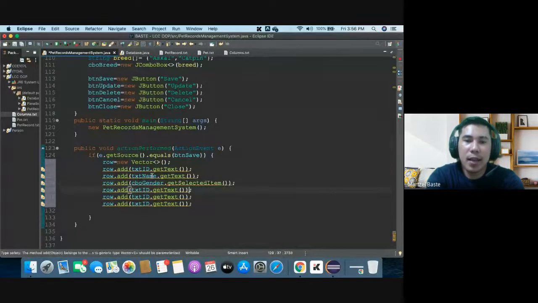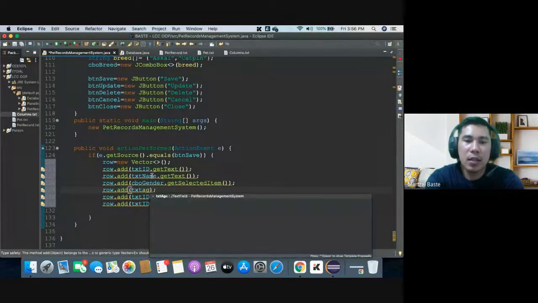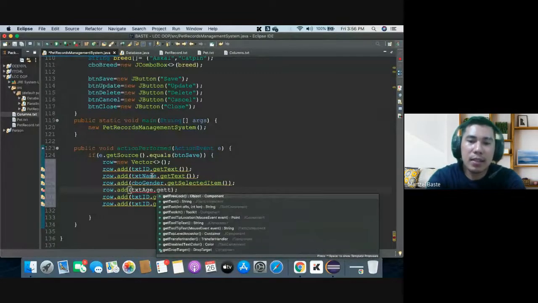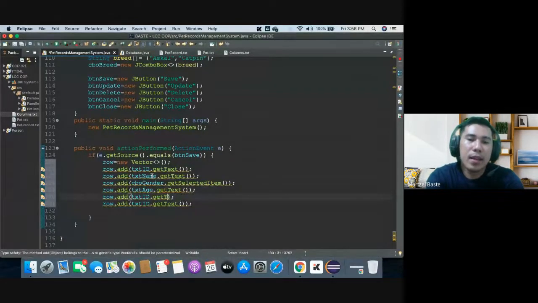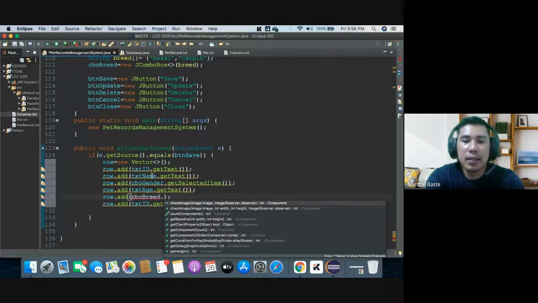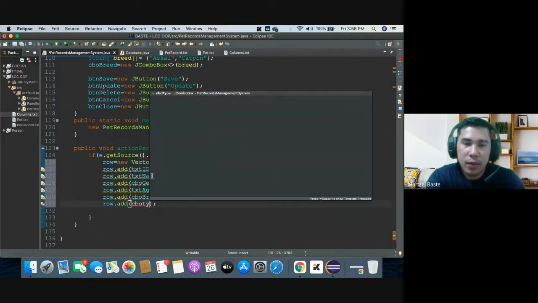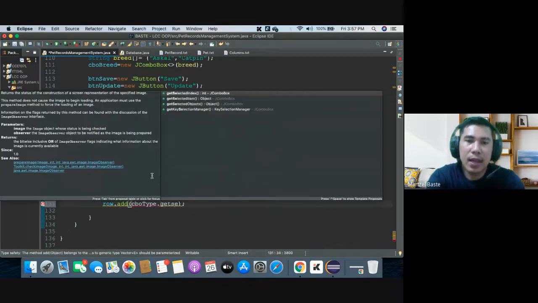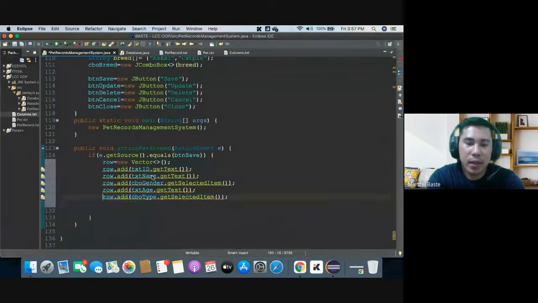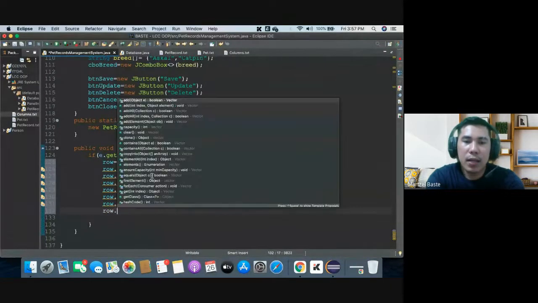So selected item, and then for age, so txtAge that getText, and then let's have here the breed, cboBreed that getSelectedItem, and then let's also have here cboType, that getSelectedItem, and then we have una ang type, then breed, and then row that add